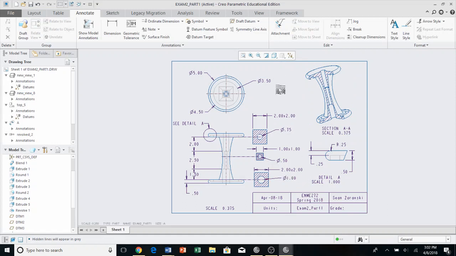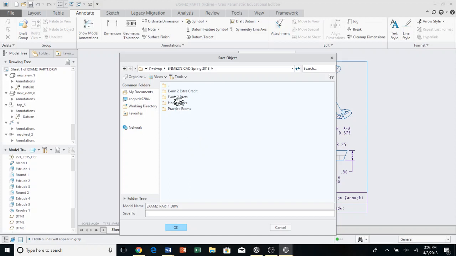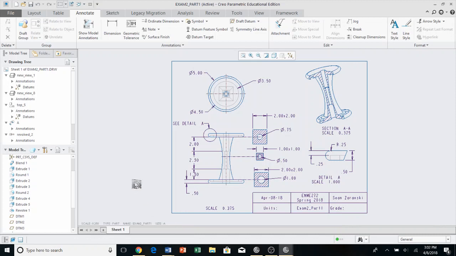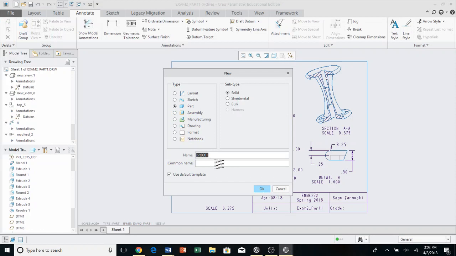Okay, so that's that. And then we're going to click on save. Exam 2 extra credit. And okay. So did that. So now we have this drawing of the part. Everything's right, everything's correct, so we have the right part. Now we have to go and create the helical sweep, the spring. So we're going to go to File, New, Part, Exam 2, Part 2, and we're not